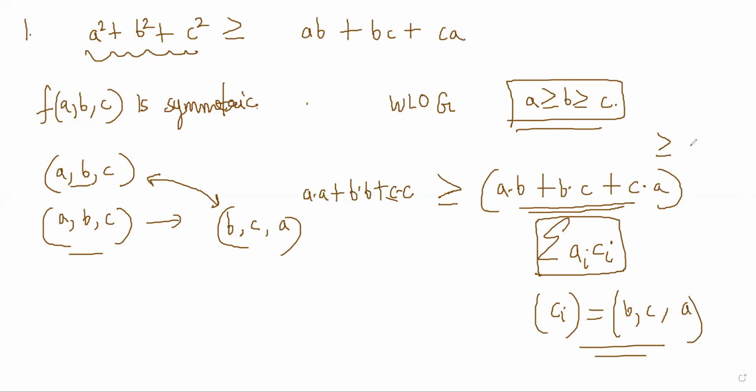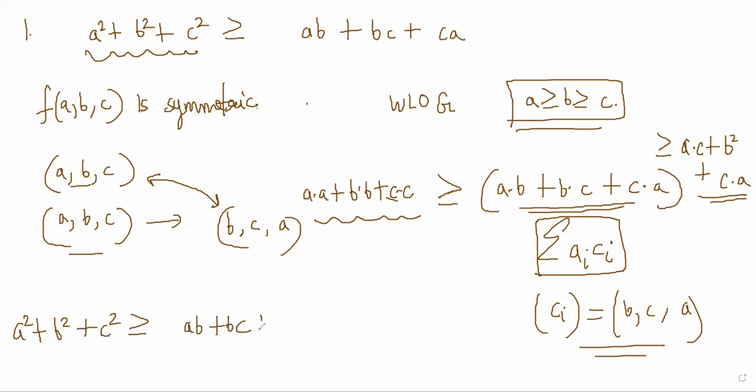And this is going to be greater than or equal to when you multiply the sequences in the opposite ordering. So if ABC is the decreasing order, you should get A into C plus B square plus C into A, right? This is what is coming. So the bound we are getting is A square plus B square plus C square is greater than or equal to AB plus BC plus CA. Obviously, there are other ways to prove this, like you can just take it on the left-hand side and it's the sum of perfect squares. But right now, I'm just trying to show you how rearrangement inequality works.